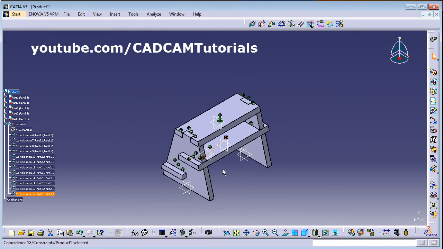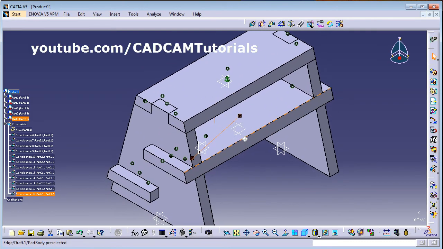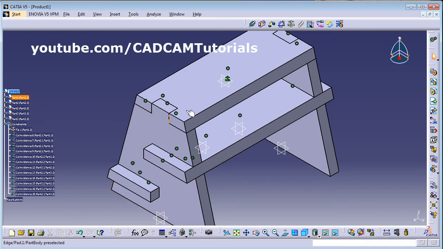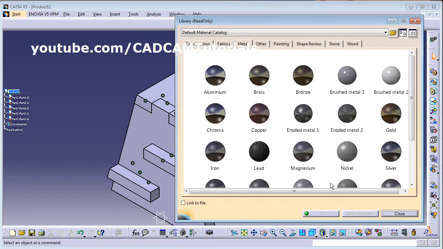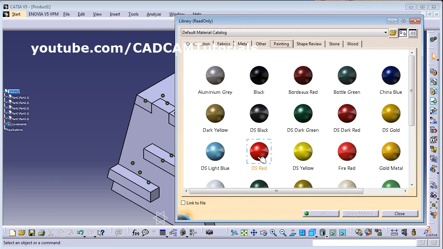So in this way this assembly is created. And if you want to apply different colors to each part, from your apply material, it must be there inside. Yeah, it is here. So click on apply material and select the painting color. Suppose here I want this red to this part,